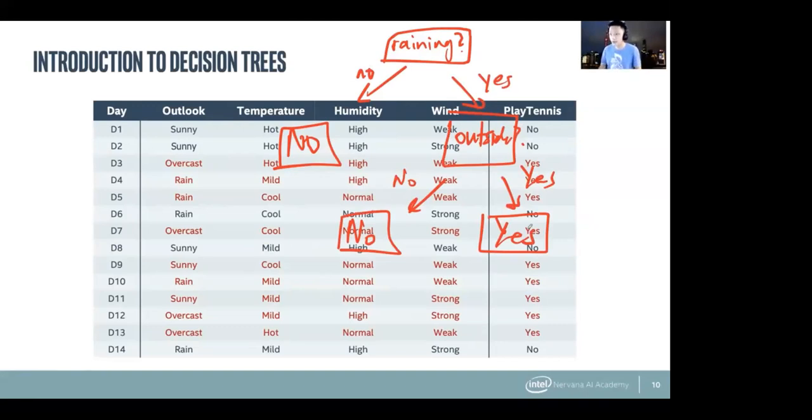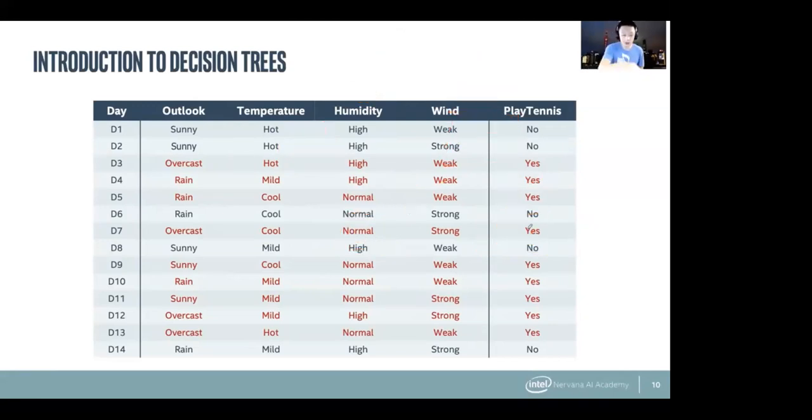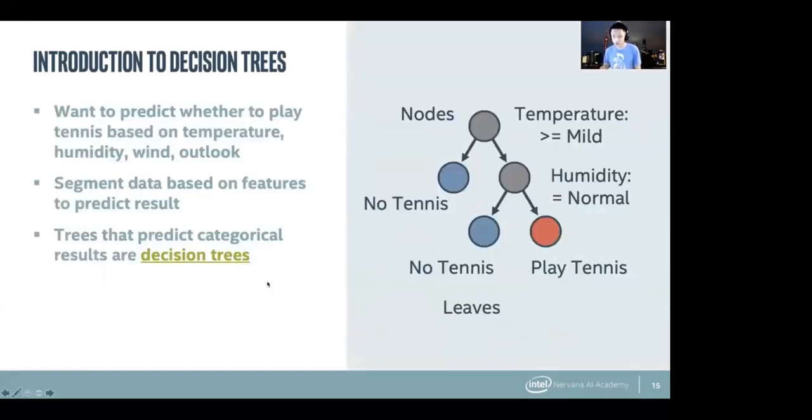So these are very easily eyeballable. Unfortunately, it's not so easy with this really fickle person who's very picky about the weather. I don't know what this guy's doing, but as you can see, very picky. How do we build such a decision tree, right? Well, first of all, let's just figure out what exactly a decision tree is, and then we'll talk about this later. In this case, we're trying to predict whether to play tennis based on all these parameters about the weather. And we're trying to find features on which to divide.